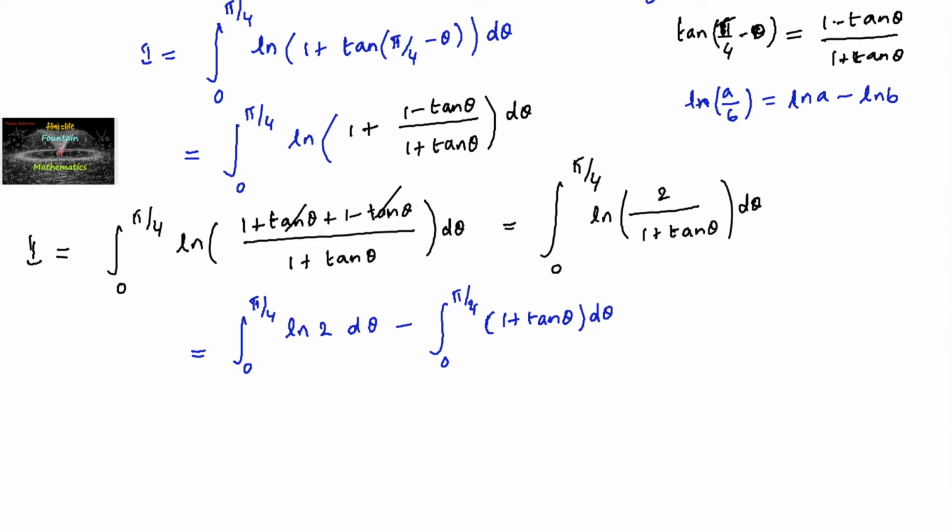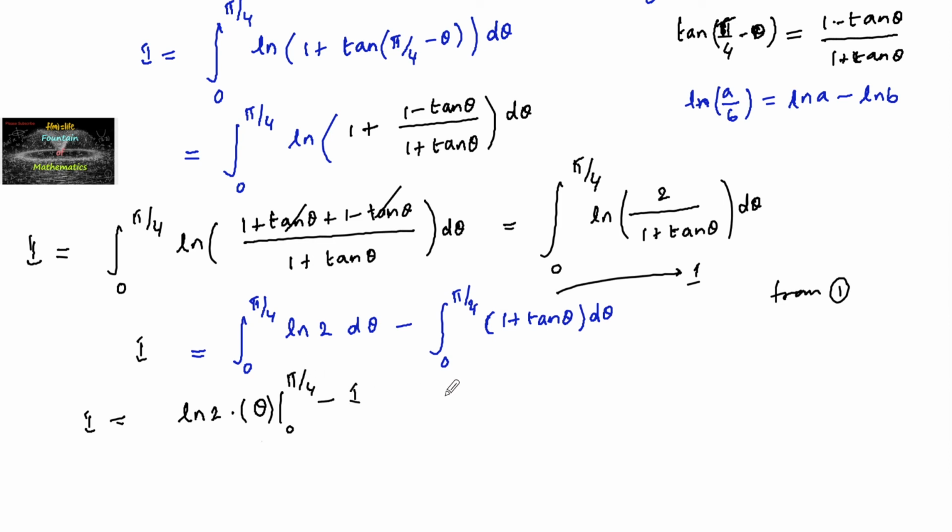So the second integral is same as I. So from the first one, I is equal to this minus, so let us bring this as I + I equals integral 0 to π/4. What is the integration of 0 to π/4 of log 2? Let me write one more step. So I is equal to, integral 0 to π/4 of log 2 is nothing but log 2 into the integration of dθ, which is θ, with the limits 0 to π/4.